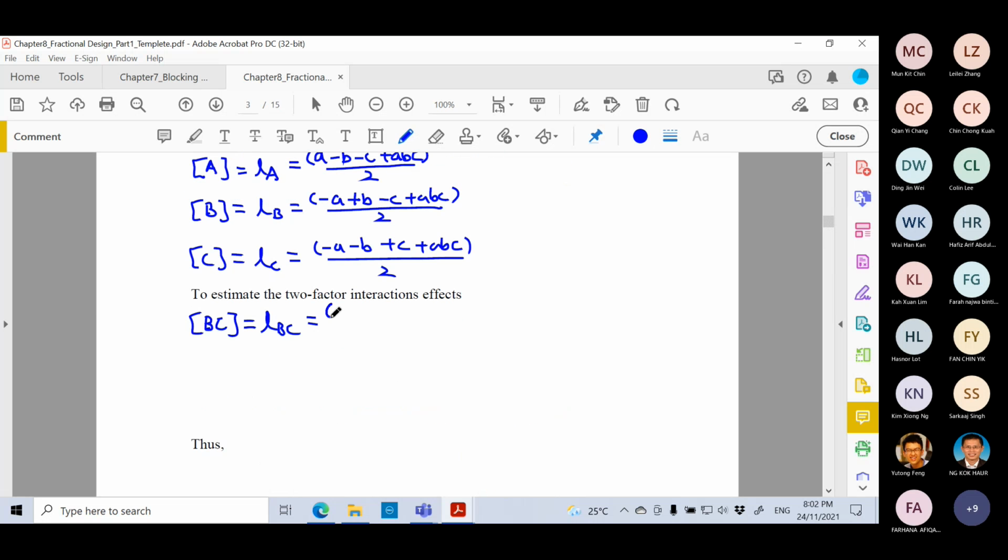You will have A minus B minus C. So similarly, you have BC, and you also have the two-factor interaction AC. You have L_AC. Why I put the L_AC and then the bracket here is because different textbooks use different notation. Some textbooks use the L, some textbooks use the square bracket here. Okay, so you have